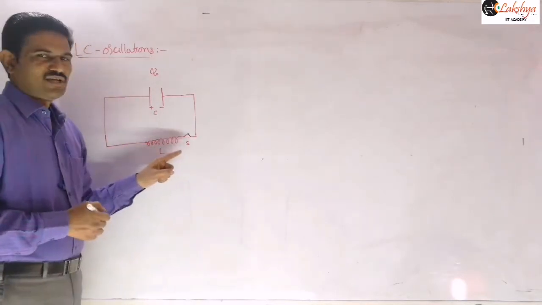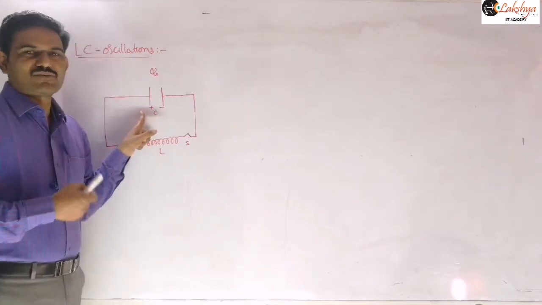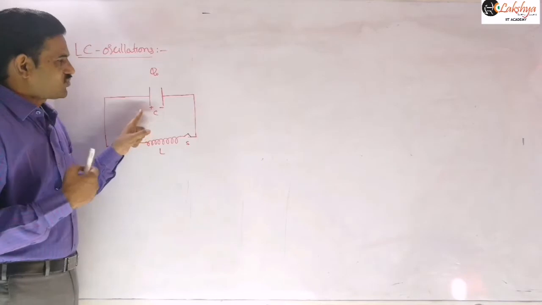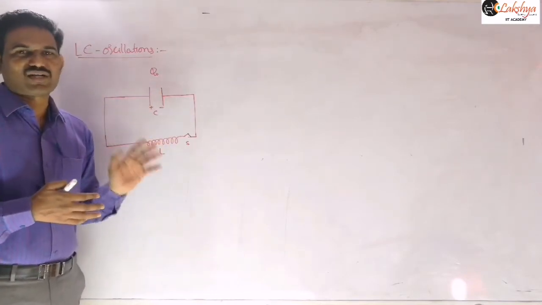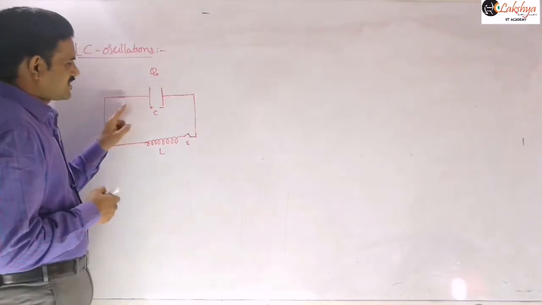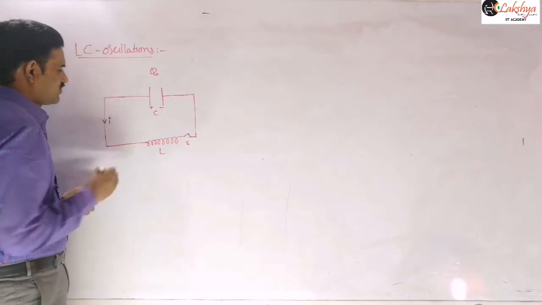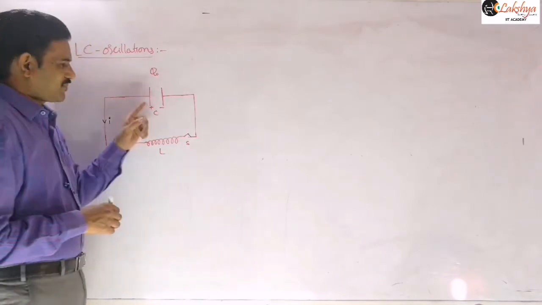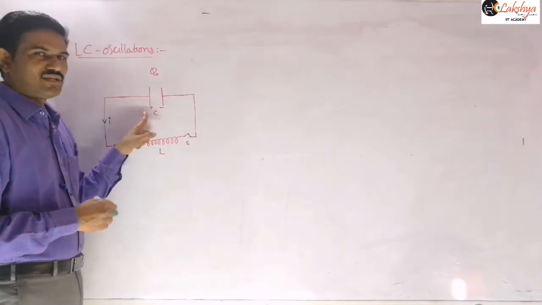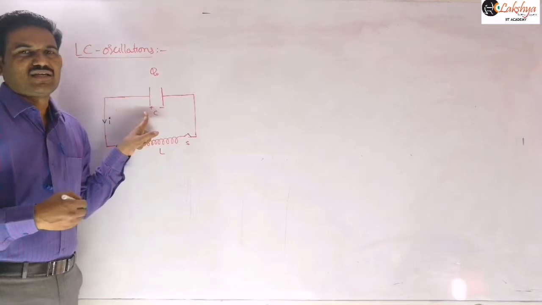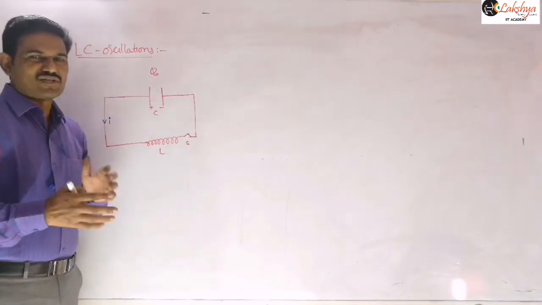Initially the capacitor is charged, so in terms of energy, the total energy is stored in the capacitor in the form of the electrostatic field, right? Now once discharging of the capacitor is taking place, let's suppose I is the current at any instant of time. Once the charge on the capacitor is decreasing, the electrostatic energy is decreasing. That should appear as magnetic energy in the inductor, because there is no loss of energy.